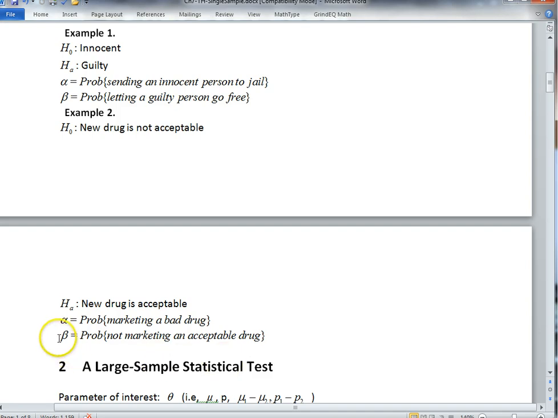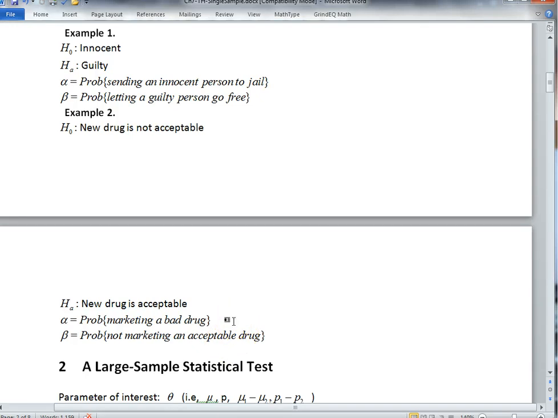Of course, if you look at the error, the beta error, not marketing and accept a good drug, that's a loss of money, opportunities to sell a good drug because you made the wrong decision in your statistical analysis. But if you look at the other possible error, marketing a bad drug, there's going to be side effects and lawsuits, so that's going to mean your company will be ruined. So it's much more serious, and you want to limit this to be as small as possible at the expense of maybe having to